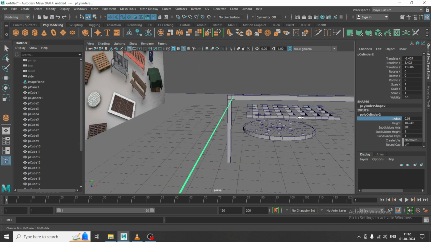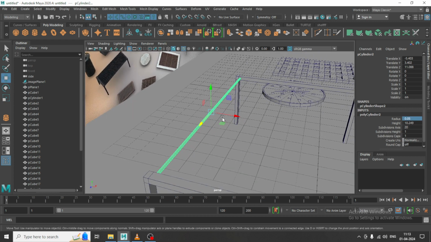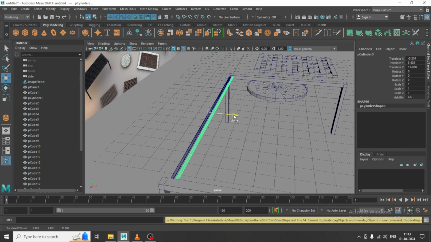Slightly reduce the radius. You can give the radius over here according to your needs. So I have assigned some radius over here. Press Shift and drag,